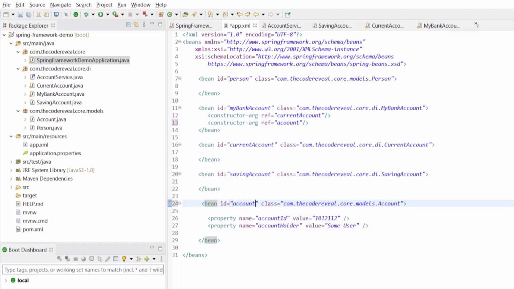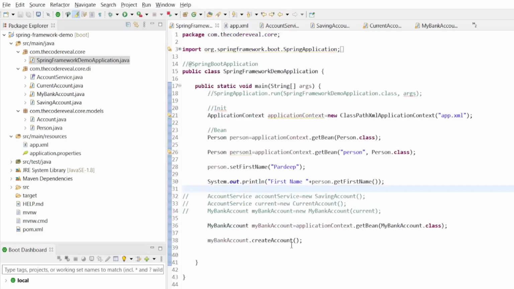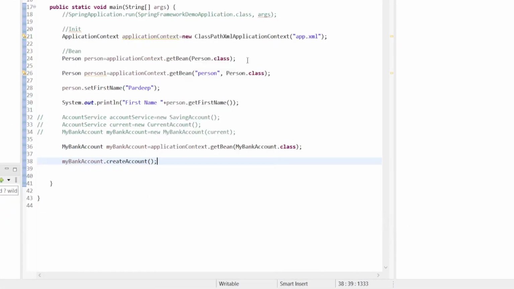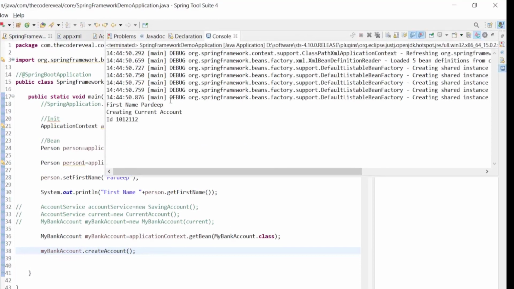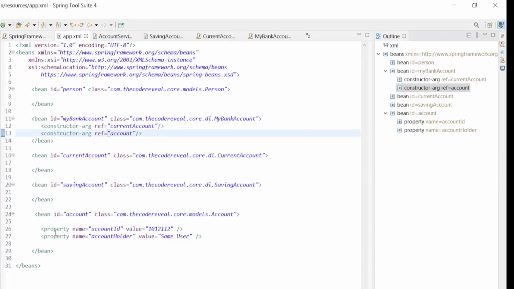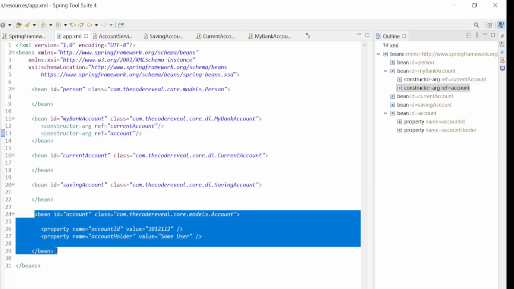Let's fix this. Okay, now we can run this as a Java application. So it's now printing the ID of the account. So in the app.xml, we have created one more bean for the account.